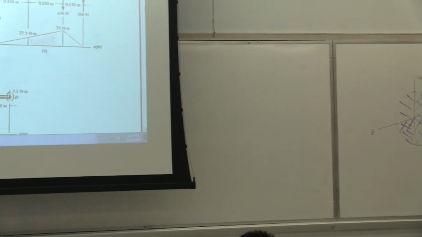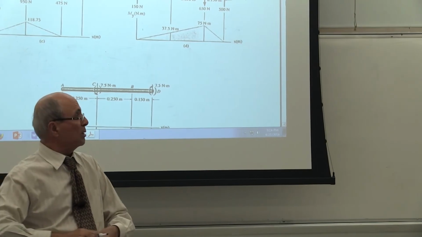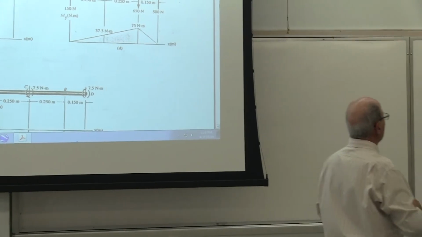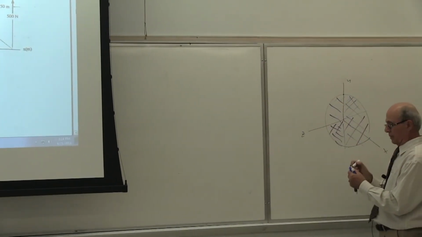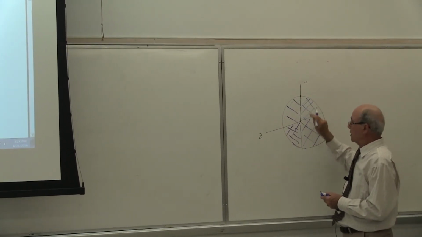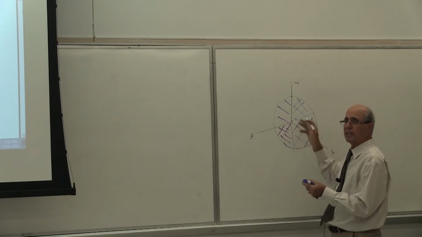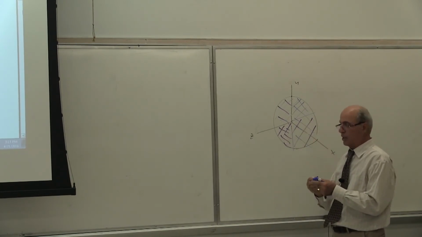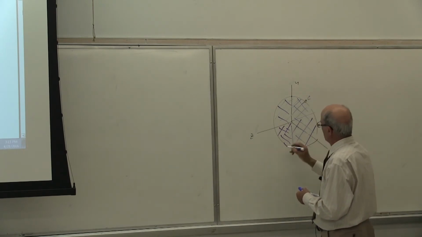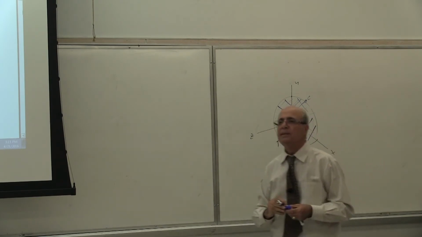Where do you think the most critical stress point is? That's what I'm asking you to do. Somewhere between where the two blues come together. Yes or no? Most likely somewhere here. Is that correct or not? Here, so put a dot there. Because this is blue. Blue means compression and compression. This is purple, and purple is tension and tension. This is one tension, one pressure, which is less than the other one. Is that correct or not? Yes? Therefore, this point is the point of maximum compression. Somewhere here, we don't know where. This is the point of maximum tension.